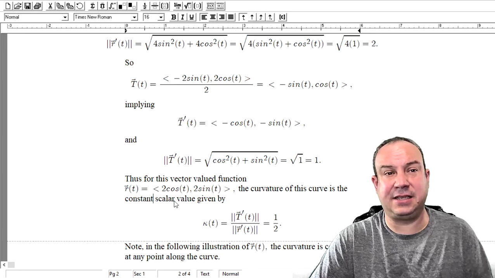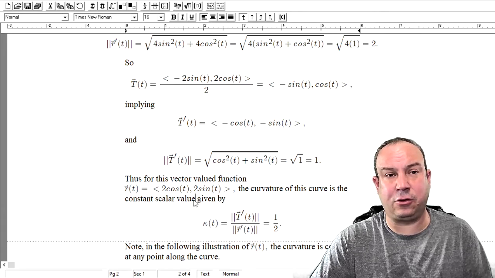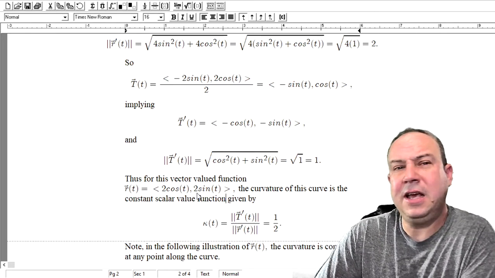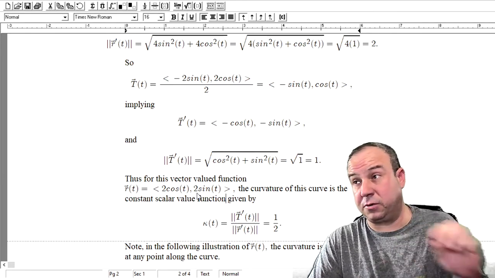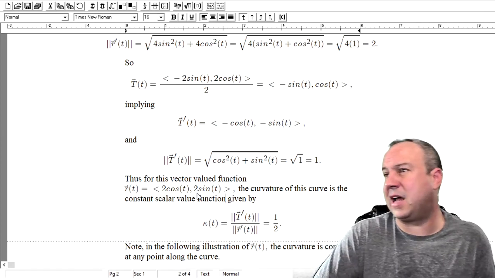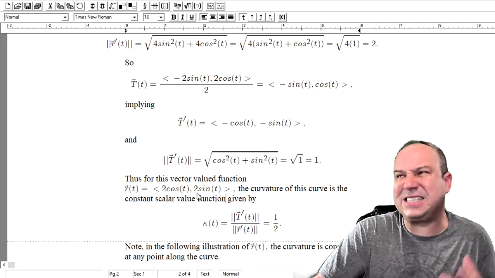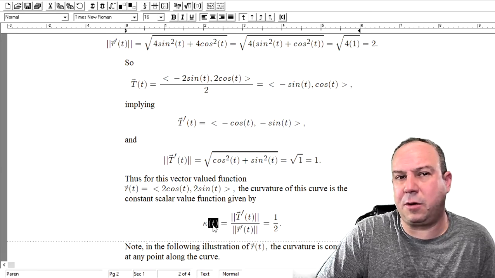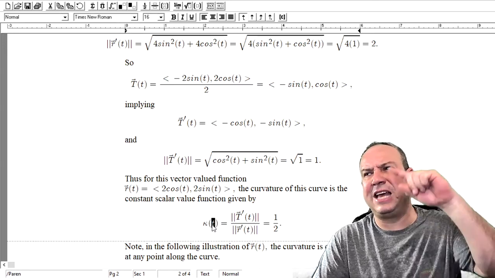The constant scalar value function given as follows, right? Typically, we expect a functional relationship here. It's kind of a unique case that we've gotten a constant. We've gotten a constant function, right? Regardless of what location or value of the parameter t we substitute in along this curve, we always see this